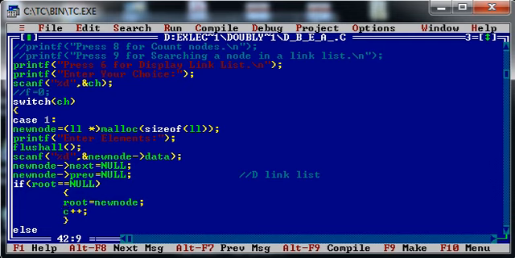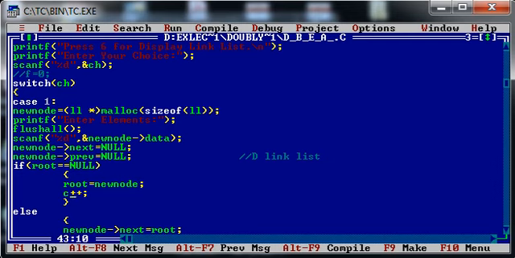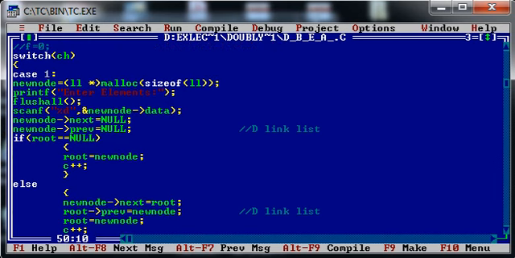In other words, that newly created node is considered as the root node of the doubly linked list. That is why I have written root is equal to new node and incremented the counter by 1, because we are inserting a new element into the linked list. So now we can say my doubly linked list contains one root node. If the condition is false, it means the root node is available, then what do we have to do?